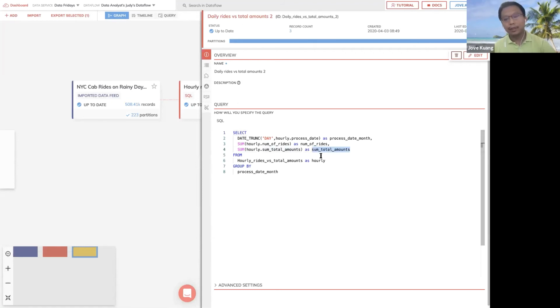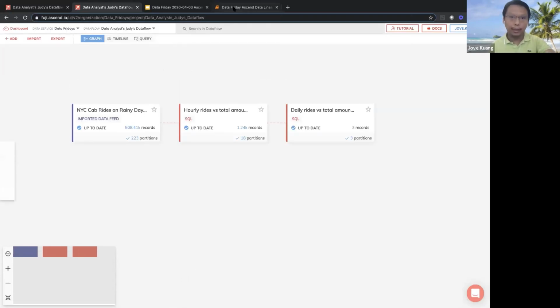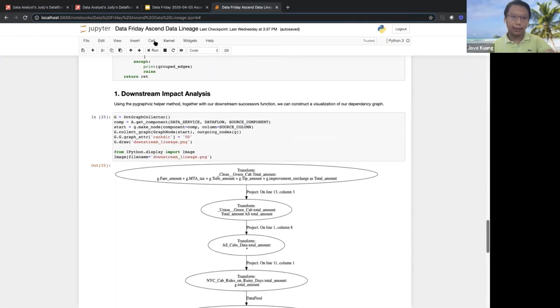And she saw this sum total amounts column that seems to be taking the sum of some total amounts column, but she won't have visibility into the full picture of where this column is coming from. So that's where the data lineage comes in, in a sense, right?